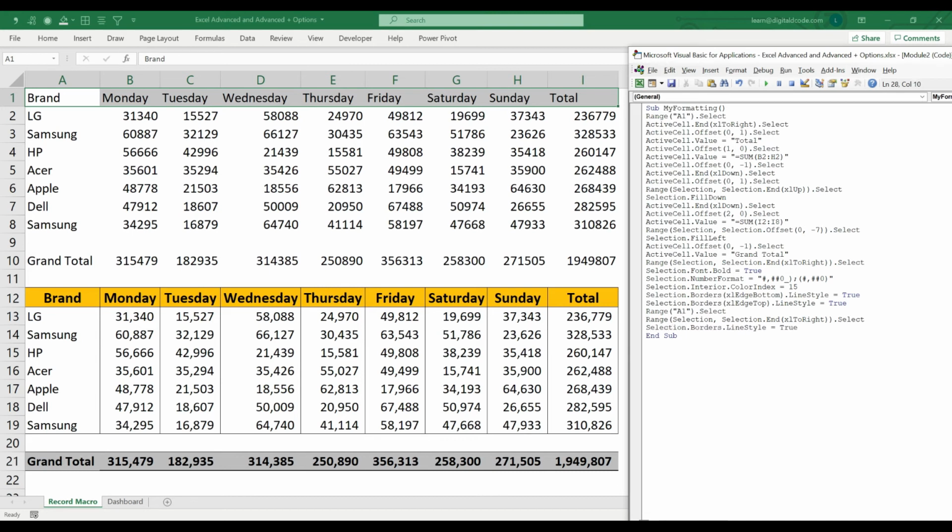So why am I not starting with selection, and instead starting with cells and then changing to selection? The reason is if I start with selection and enter dot, I'll not get any options. So because of that, I always start with cells so that I'll get the next options.